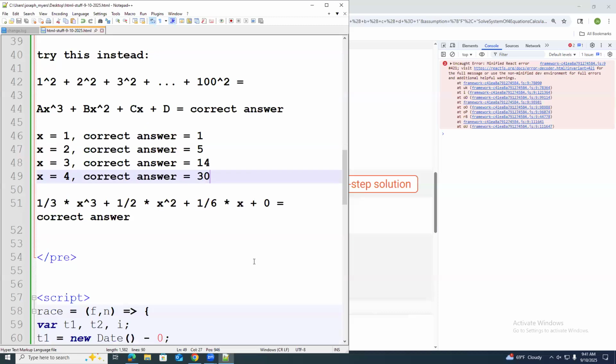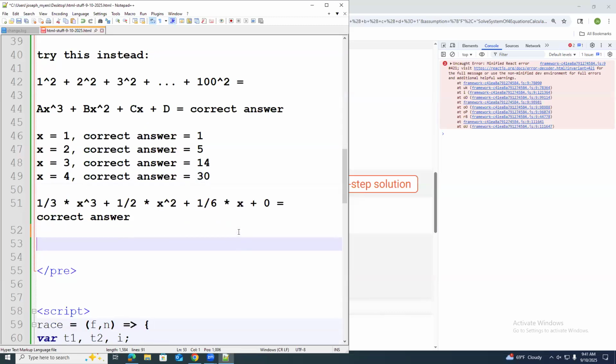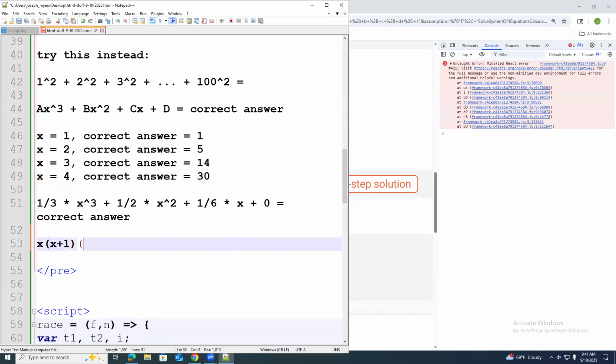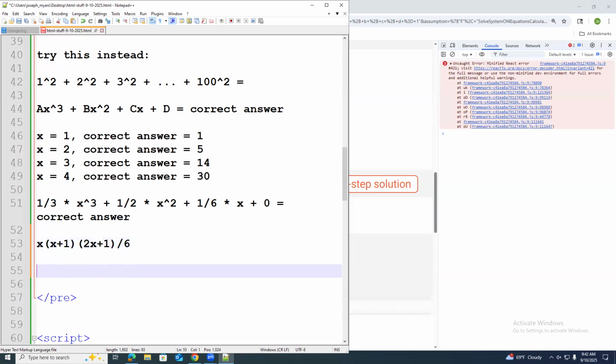And in fact, that can be factored. I already know what it can be factored into. It can be factored as X times X plus 1 times 2X plus 1, divided by 6. If you get a common denominator and factor it all out, it can be factored like that. Let's test that formula out real quick and see if it actually works, by plugging in 4 and checking if we really get 30. So if I plug in 4 for that, what's 4 times 4 plus 1? Be 4 times 5, right? And what's 2 times 4 plus 1?